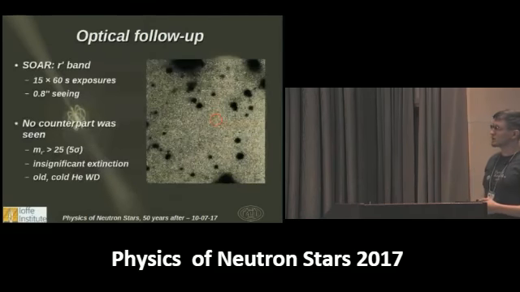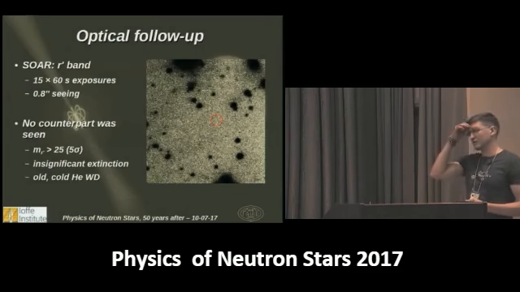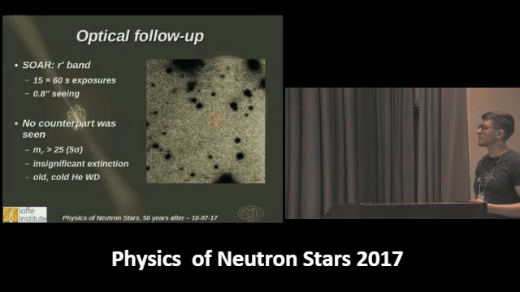Now, to better determine the binary parameters, we also observed the position of the pulsar in optical with the 4.1 meter aperture Southern Astrophysical Research telescope in the i band. We did 15 exposures of 1 minute with 0.8 arcsecond seeing. We didn't see the counterpart down to 25th magnitude at 5 sigma significance, which is pretty deep. We also estimated the extinction, which is not really significant, below 0.5 magnitude, and shouldn't really affect the non-detection